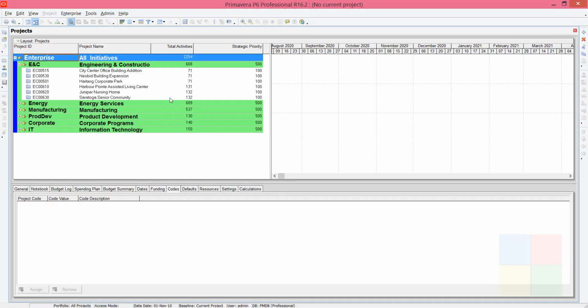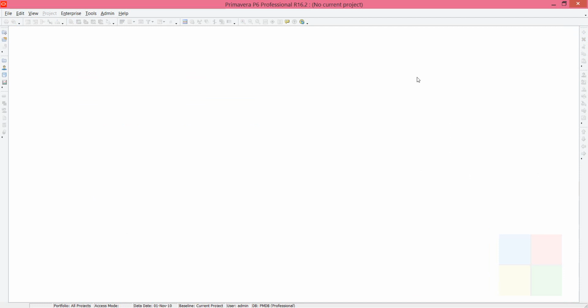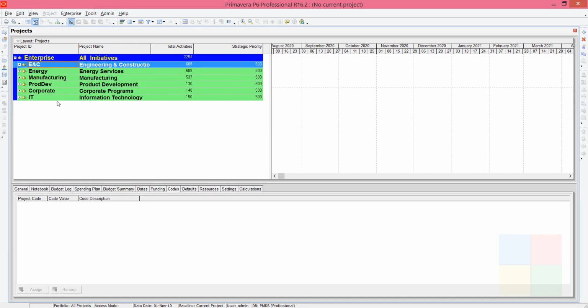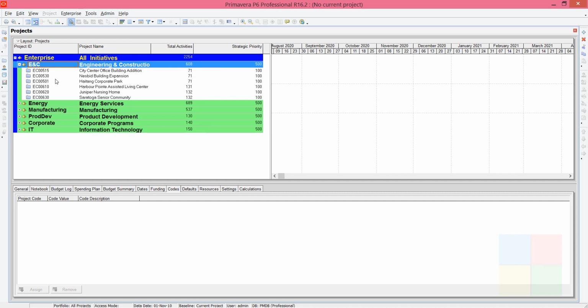So I'll open the software. Now we are on the project window. If you're not able to see it, just close this. And if you are seeing a blank window, just go to enterprise, then go to projects, and you'll see that window. In the project list, we have a number of projects grouped based on the department.